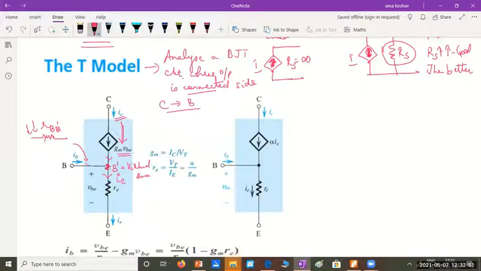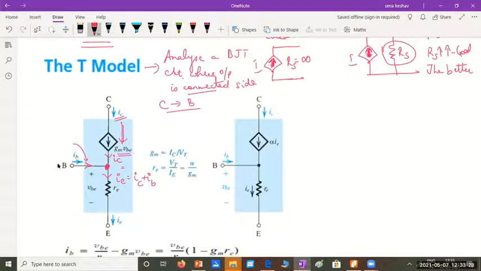Okay. We are just taking this base terminal outside, or you just remember, let me not show you this virtual base as of now. So this base terminal is taken outside. So we have base current coming from this side and collector current coming from here. The combination of these two flows into the emitter terminal as emitter current. Remember, the emitter current going from here to here is IB plus IC.